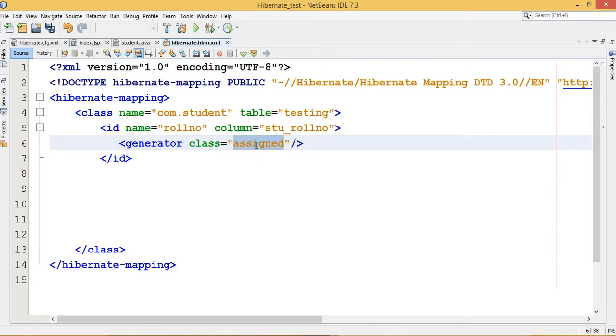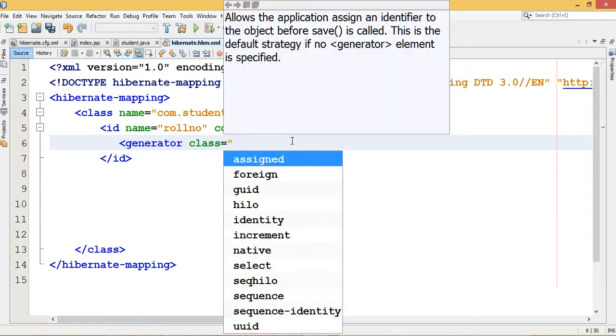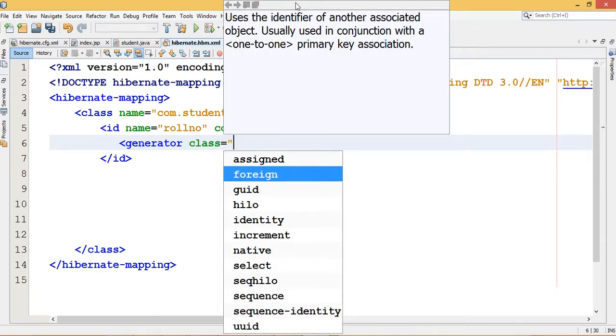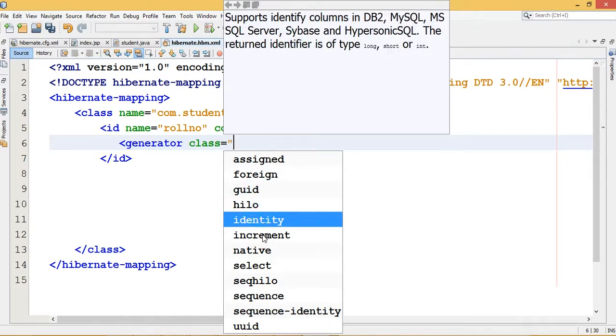There are so many generator classes available. You can see here: assign, foreign if you want to make a foreign key, one-to-one primary association, guid, hilo, identity, increment, native.